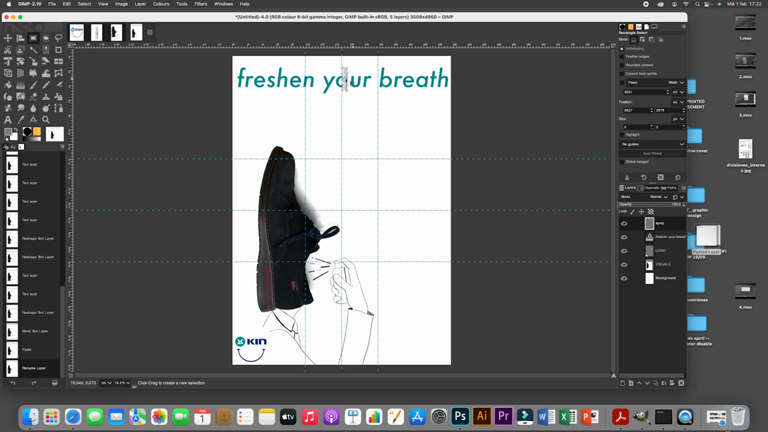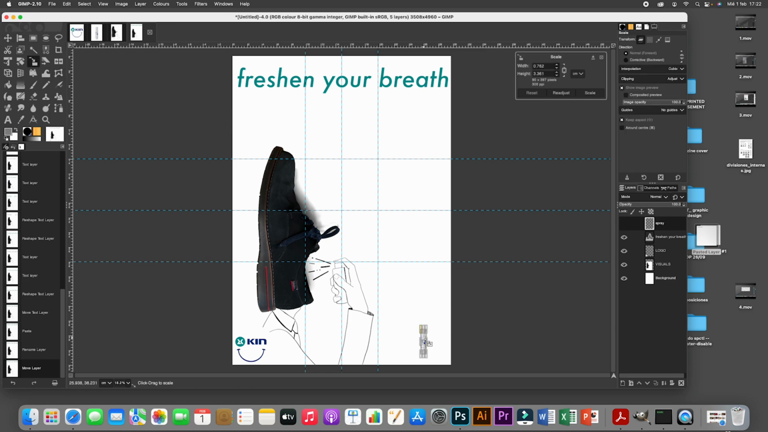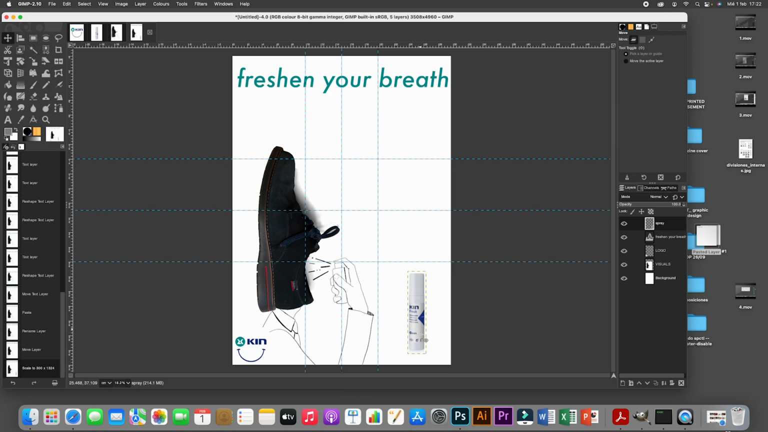Okay, as you can see, the product right now is not in the right place, and in addition is very small. So what I'm going to do is, using the scale tool, I will just click and drag to make it bigger. Okay, it's not very high resolution,